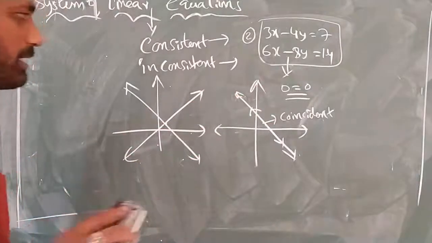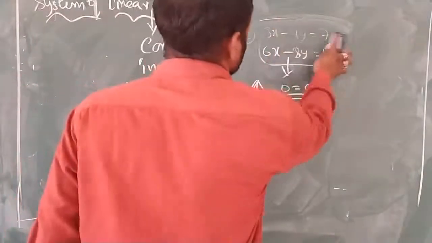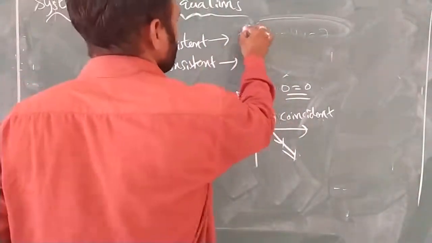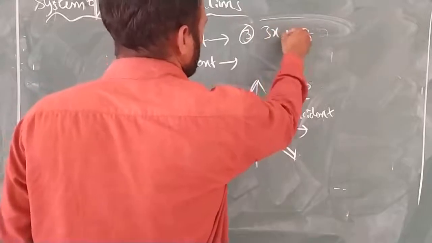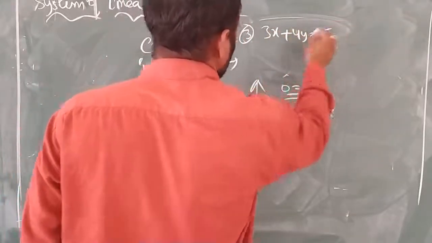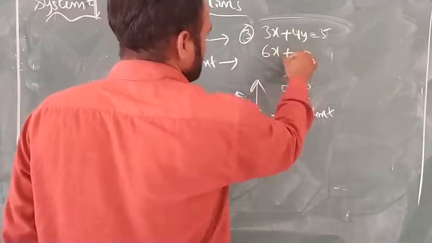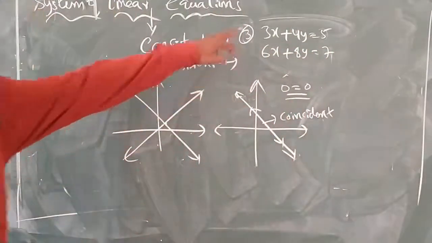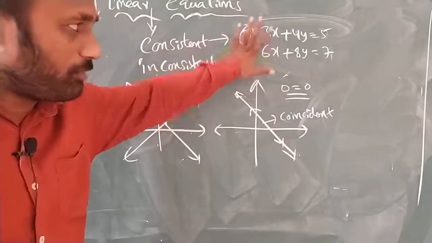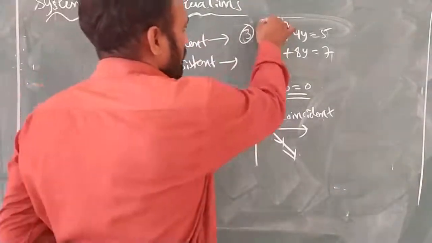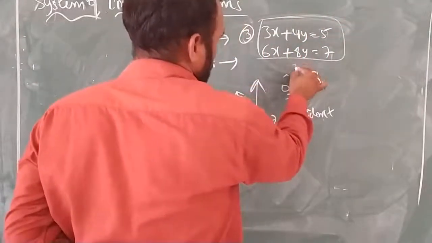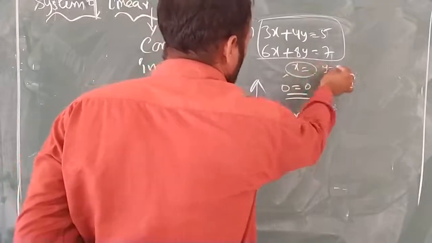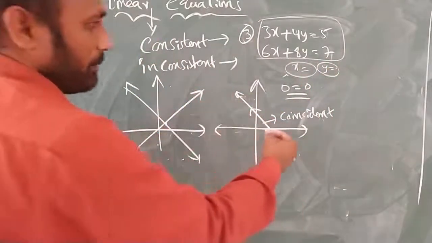Next, let us talk about inconsistent. Let us take the linear equations 3x plus 4y is equal to 5, 6x plus 8y is equal to 7. If you observe these two linear equations, after solving them we will get two different values. We will get an x value and a y value, no doubt about that. But these x and y values, while representing them in the graph,